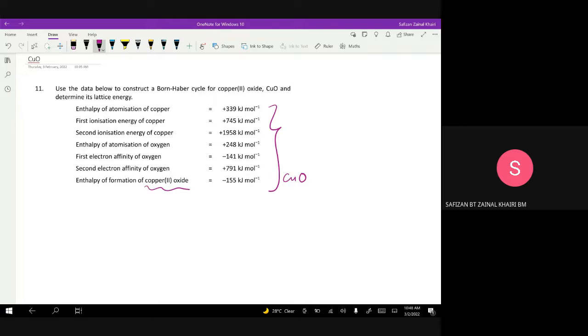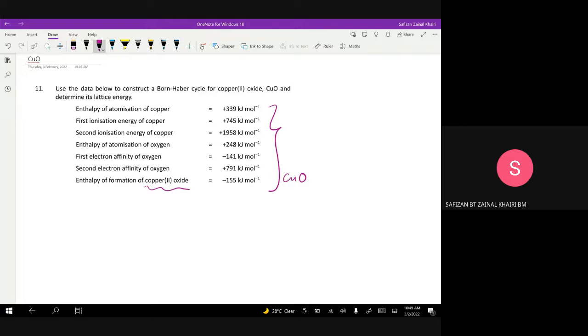Okay, the first type is energy cycle. The second type is energy level diagram. Okay, saya akan tunjukkan dulu the first type iaitu energy cycle ya. Okay, sebelum saya construct bond Haber cycle, saya nak kamu faham what is process occur when the ionic compound